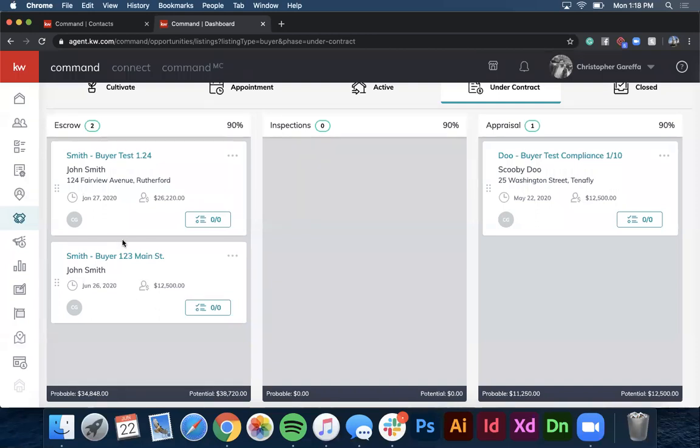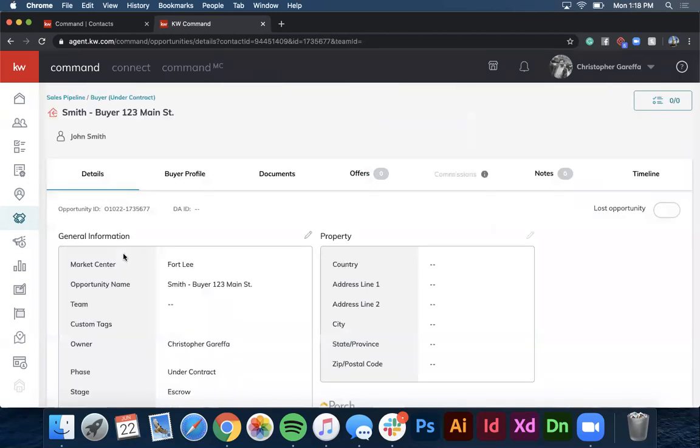So here's the one we're going to be working with today. And it looks like I got another John Smith. Don't worry about him. We're working with this one today. So this is John Smith, and we're going to go ahead and click on his name. Now, for the idea of getting paid,